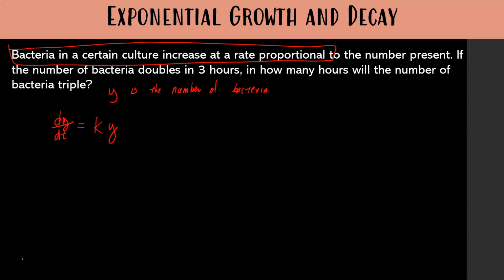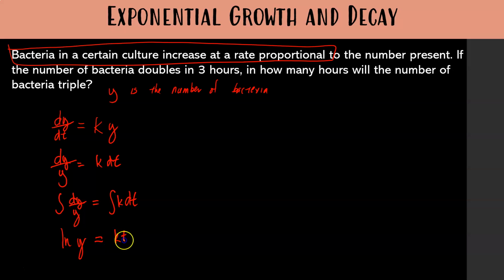This is a calculus problem, which means we're expected to solve a differential equation. dy over y is equal to k times dt. Always separate variables, and I am, as always, a fan of doing that twice, since we're preparing to take that AP calculus test. Normally we'd write natural log of the absolute value of y, but the number of bacteria is never going to be negative, so I feel confident rearranging without absolute value. We're going to exponentiate,